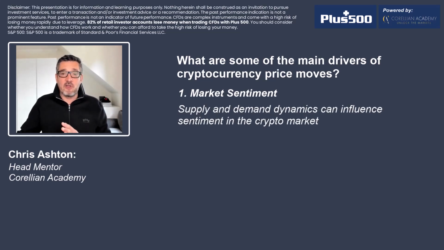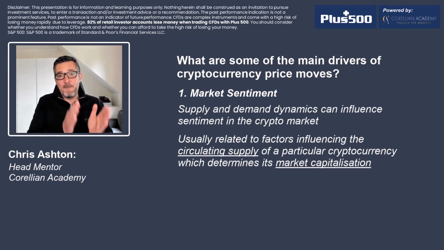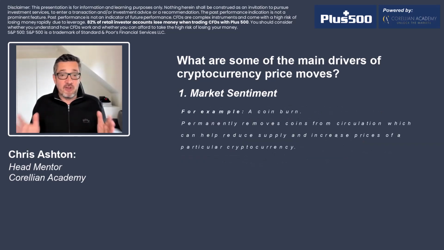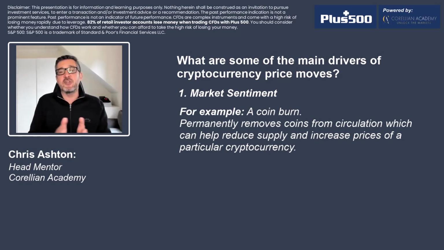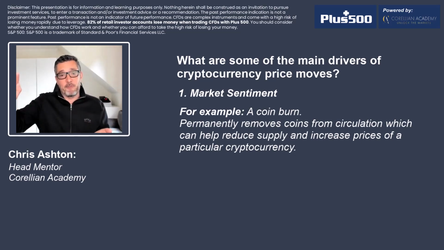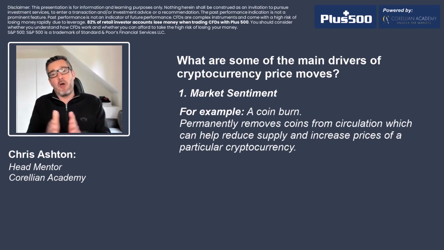Supply and demand dynamics can also influence sentiment in the crypto market. These are usually due to factors impacting the circulating supply of a particular cryptocurrency, which determines its market capitalization. For example, a coin burn is a deflationary mechanism that is used to permanently remove coins from circulation. Here, a predetermined number of coins are sent to a one-way wallet, ensuring they cannot be used again in the